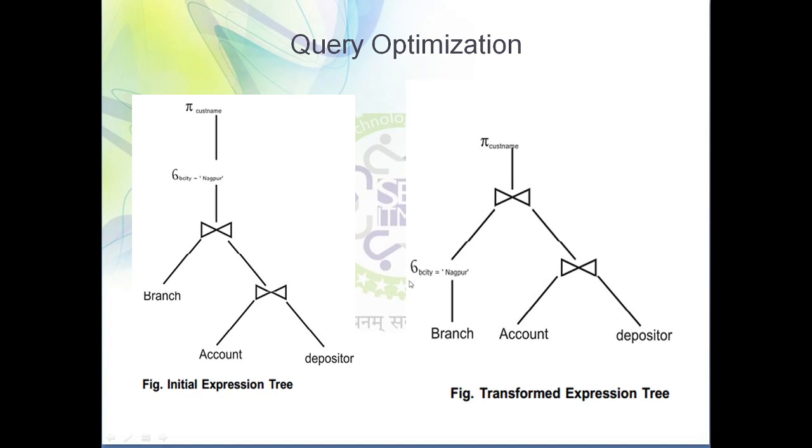Because in this case, first you perform the selection operation, simultaneously the join operation. Whatever output you get, its size is small compared to the other one, because in the other case no eradication of rows takes place. So I can say that this is an efficient query evaluation plan.